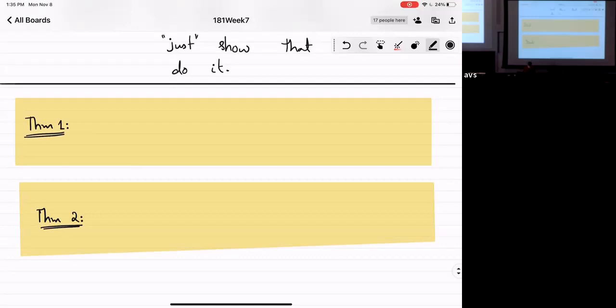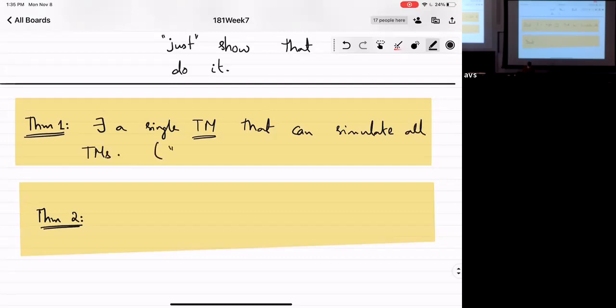Well, we showed that there actually is a single Turing machine that can simulate all Turing machines. Okay, so he called this universal Turing machine. There's a single Turing machine that can simulate all Turing machines.